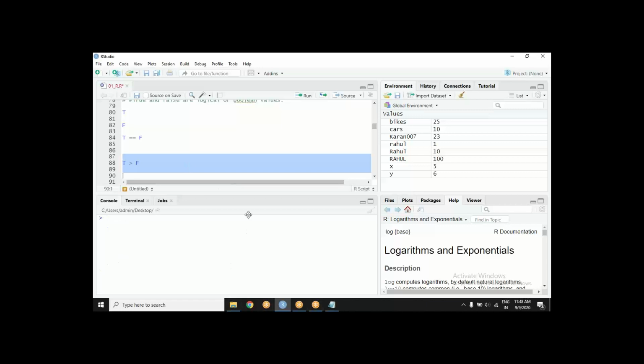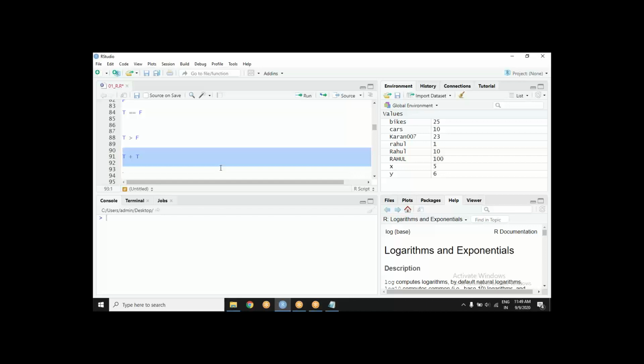Then what should happen here? What do you think should appear? I am saying T plus T, again a mathematical operation.